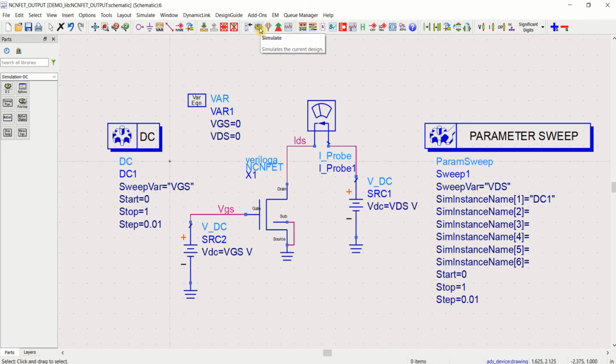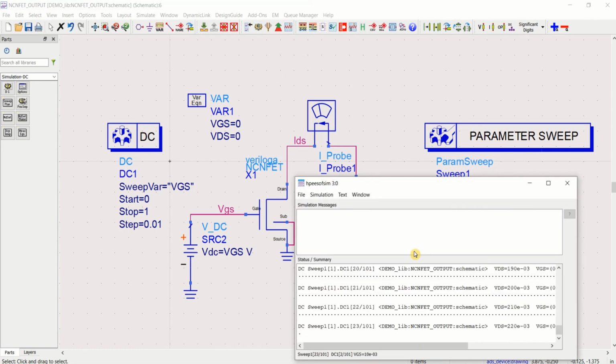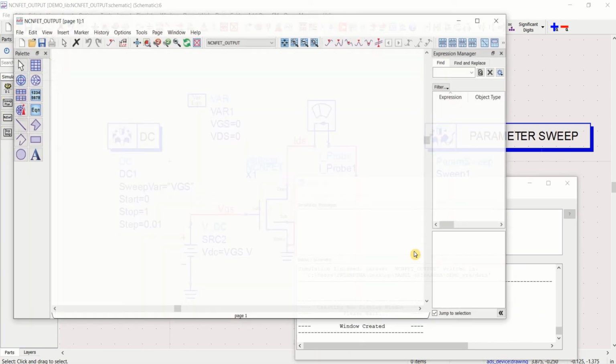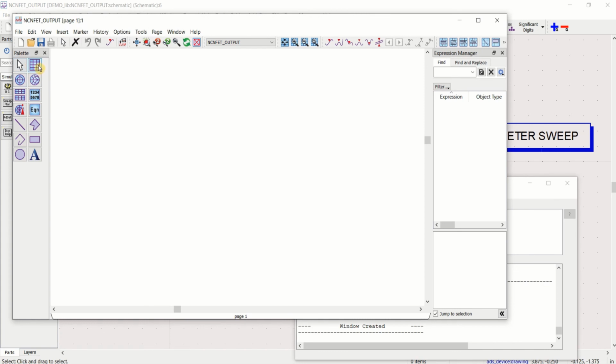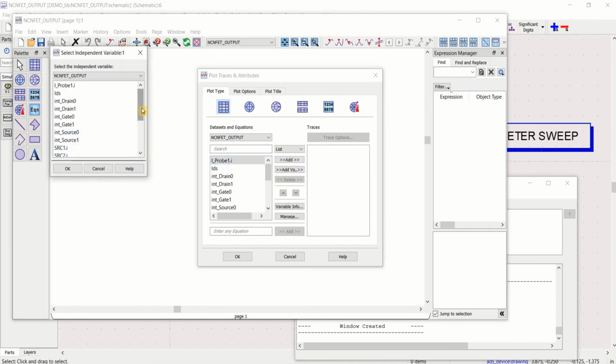Now click on simulate. Use the rectangular plot again. Again plot the iProbe, add versus. This time you select the VDS.